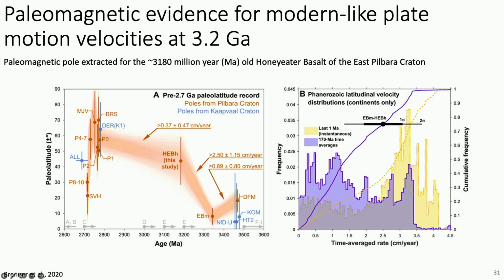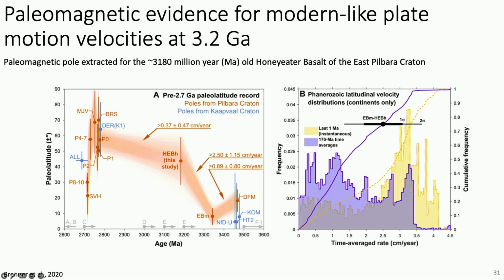And so they were able actually to see how they moved through time in terms of latitude, because the paleomagnetism, the intensity orientation, allows you to see how the continents move, not in terms of longitude, but in terms of latitudes only. And what you can see here is the evolution in these rocks, Pilbara and Cape Val, that's in South Africa. So the paleolatitude as a function of time for those samples. What's really interesting is that starting around 3.3 billion years old, so you see that before that, that was a very mild